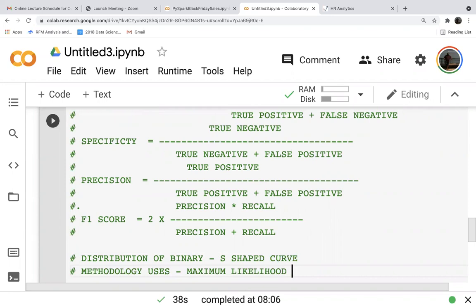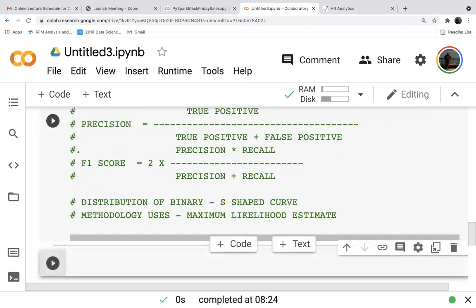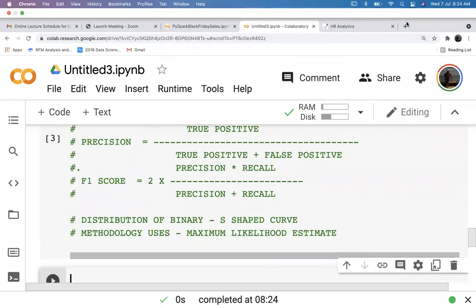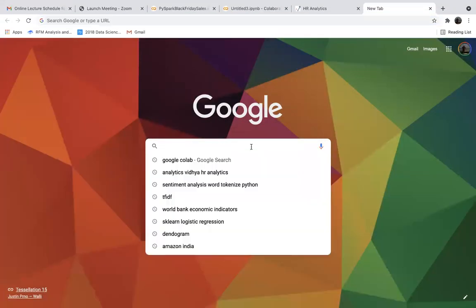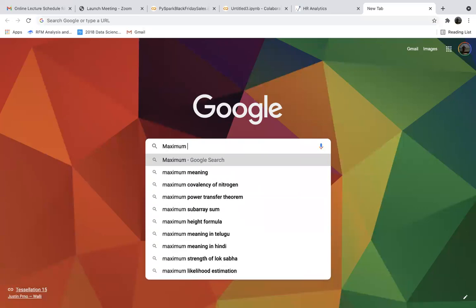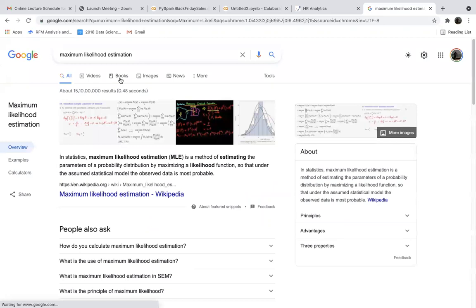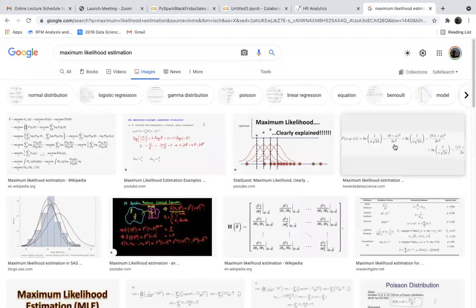Like OLS is the methodology used in multiple linear regression, here it uses MLE, maximum likelihood estimate. It is an iterative thing, and it's a little bit complex formula.